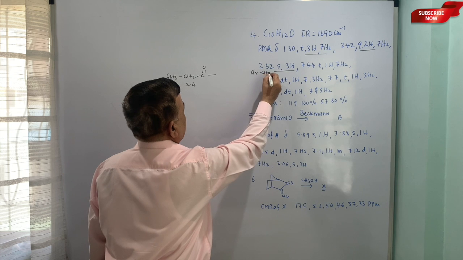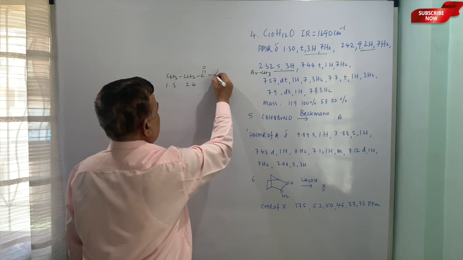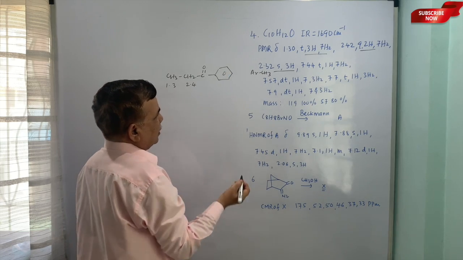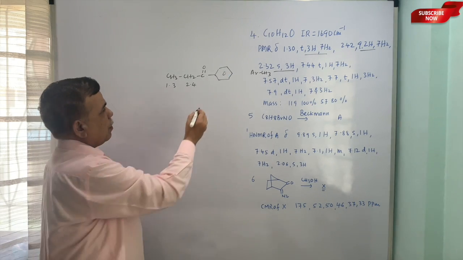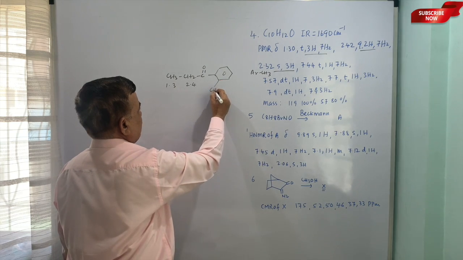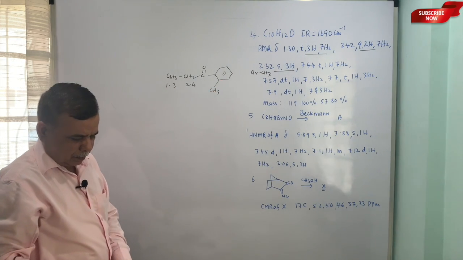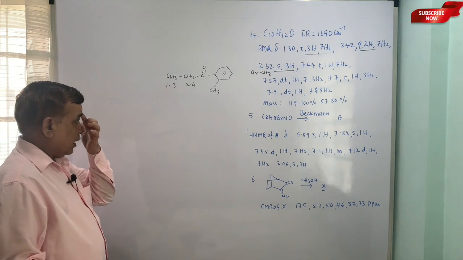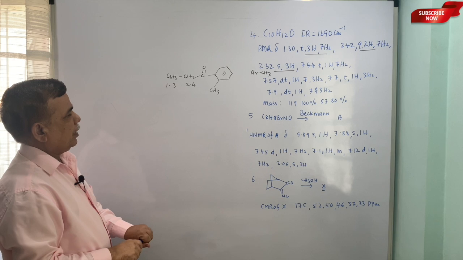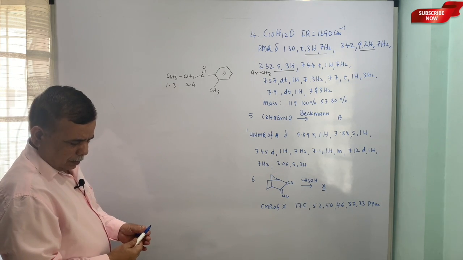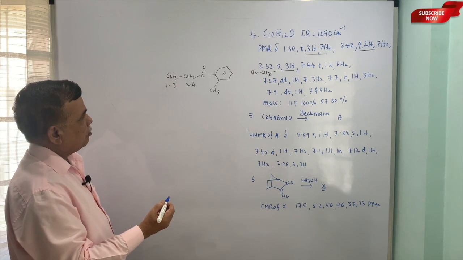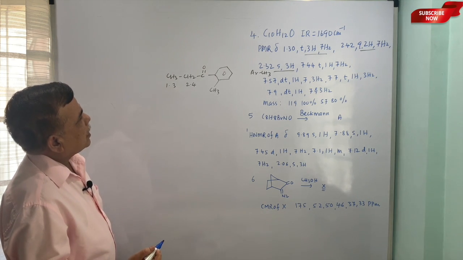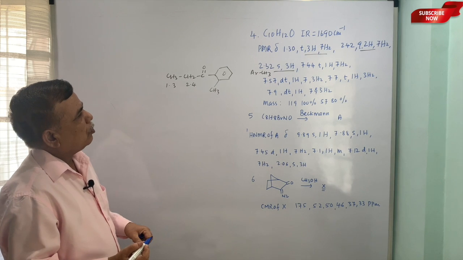looks like ArCH3, because we can't attach methyl here, because in that case it will be something like this, because in that case all these aromatic hydrogens are going to be different, and then they should show 1690, because it is a conjugated ketone,